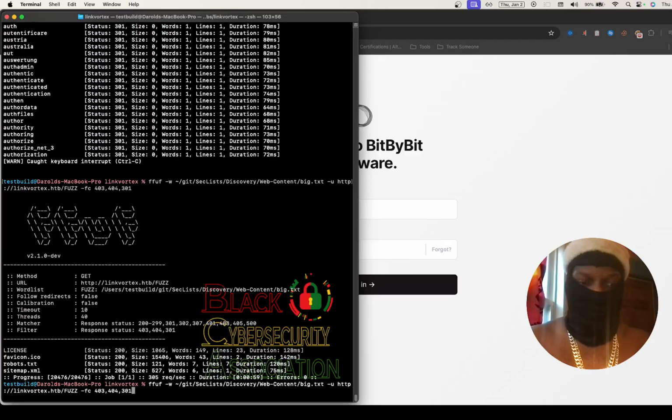And let me get rid of some of these. How do I do that? I think it's Control. I found it. Control W to get rid of these. It took a lot of tinkering with this command to get it to work. So let's go ahead and enumerate the subdomains